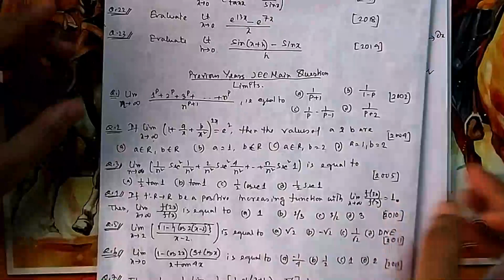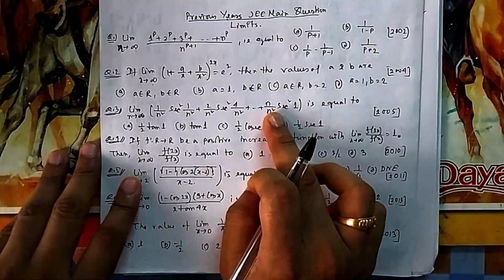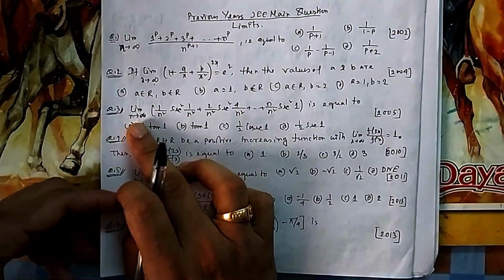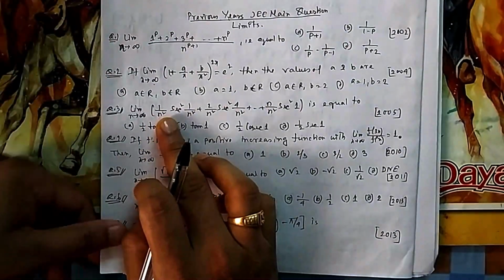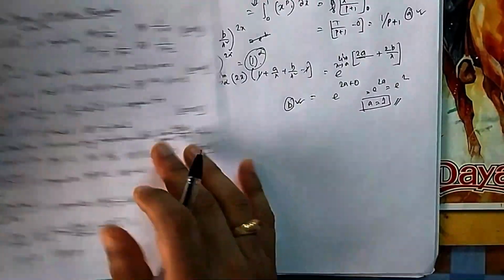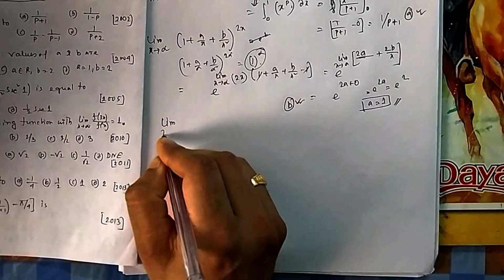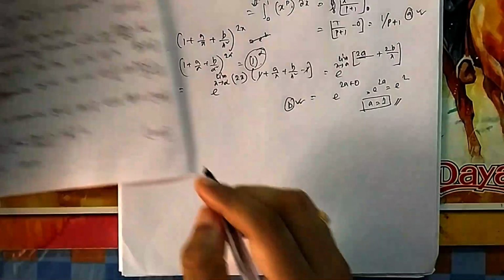Now if you come to the third one, again you see this is a series, with n tending to infinity. So it may also go to a definite integral. Let me write it using that series format. So what is the series here? Here n tends to infinity. Don't get confused with my n and x.